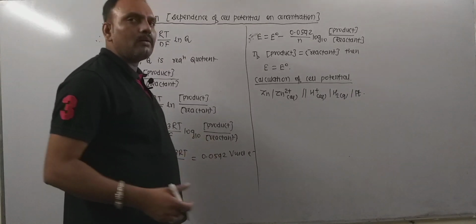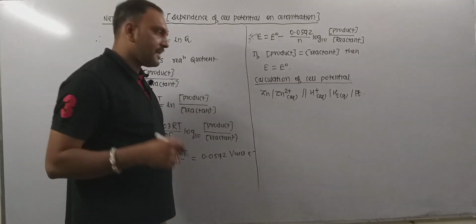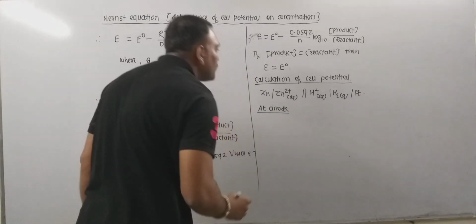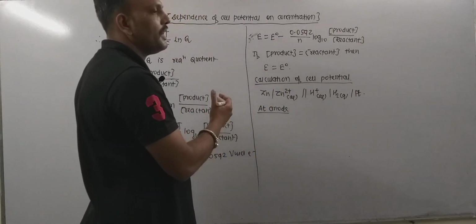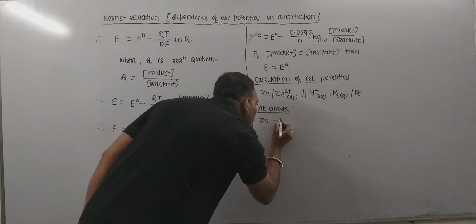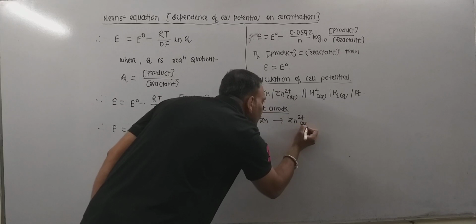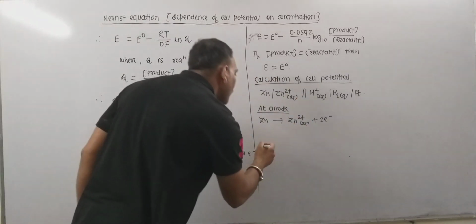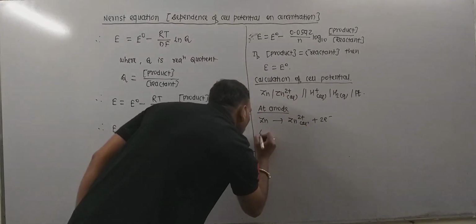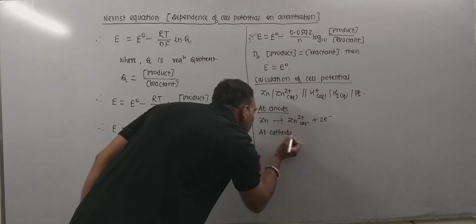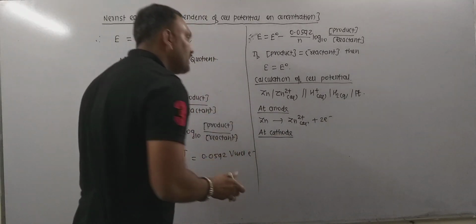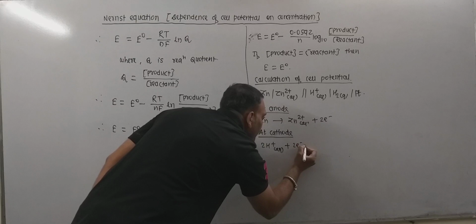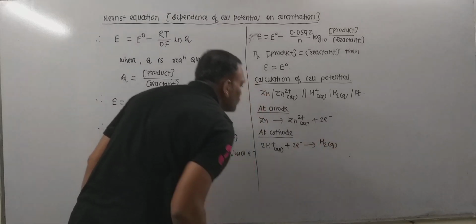How to do it? First of all, for that we need to know the cell reaction. So let's see what happens at the anode. At the anode oxidation takes place, we know very well. The extreme left electrode is the anode, so zinc oxidizes producing Zn2 plus ions and electrons are liberated in the process of oxidation. On the other hand, at the cathode, which is an electrode at which reduction takes place, the H plus ions present gain those electrons and thereby liberation of H2 gas takes place.